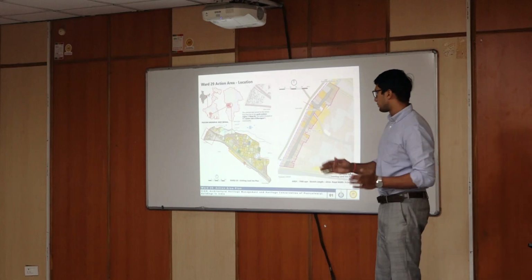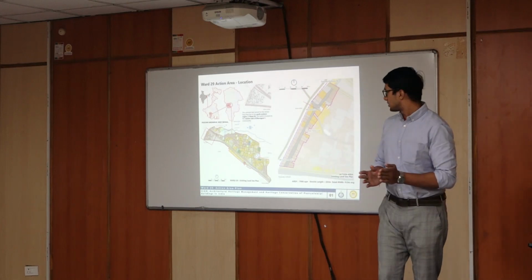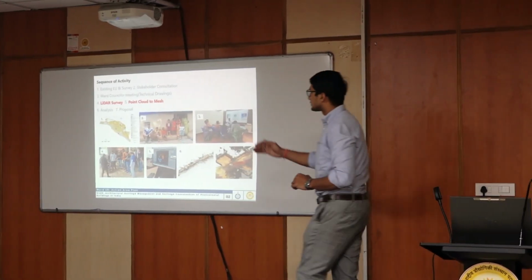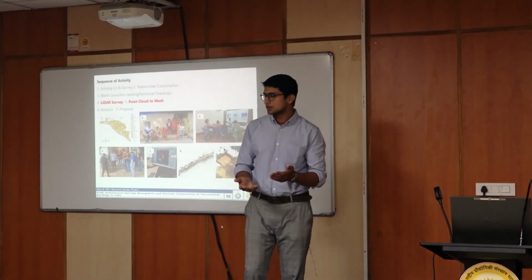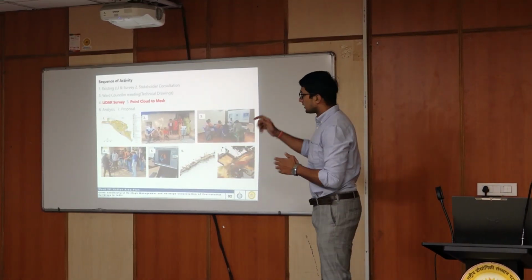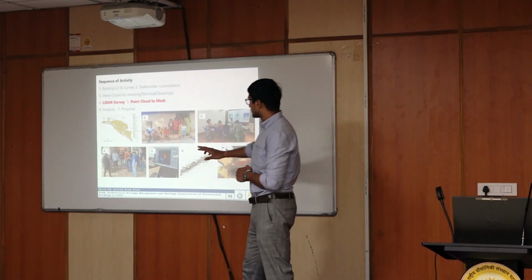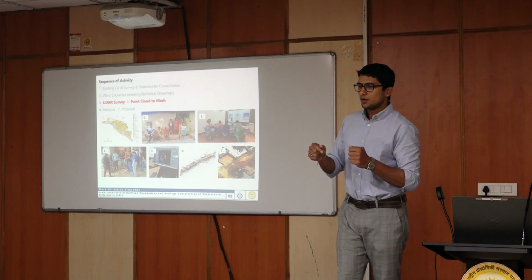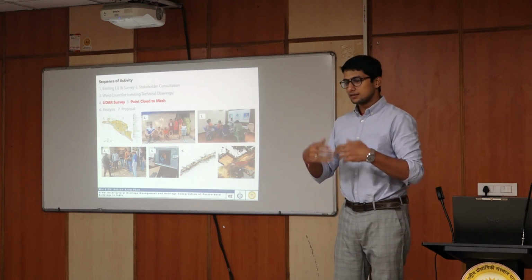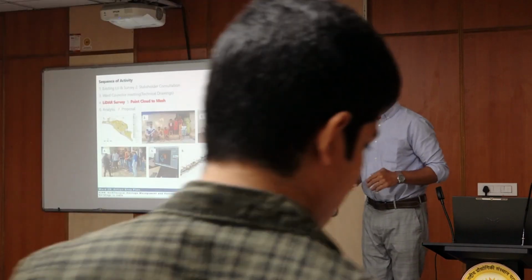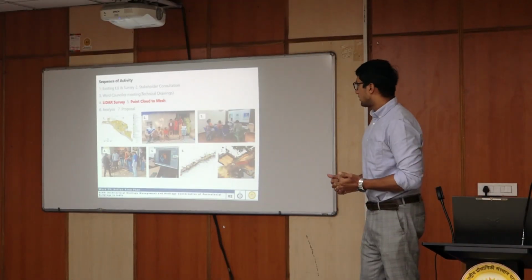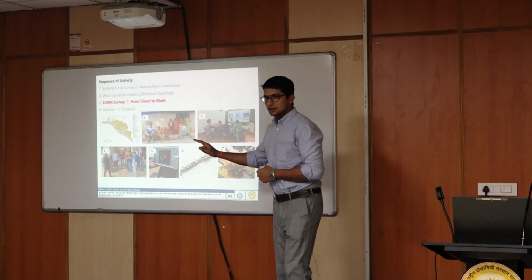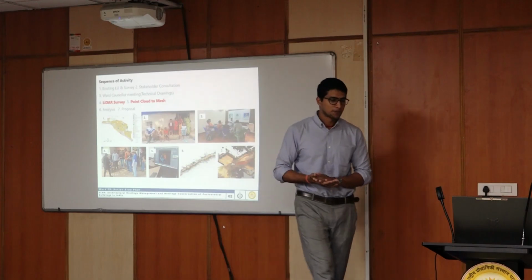This was a long exercise, but the point where LiDAR came into the picture was next. So this was the sequence of activity. We first understood the land use and the problems in the area. In that process, the first part was the stakeholder consultation, where we went to different locations in the locality and wanted to understand the problems faced by people. As we were taught, planning is data driven, so that was the second consultation, and then we met the ward councillor, and subsequently at the fourth stage we went into the LiDAR survey.